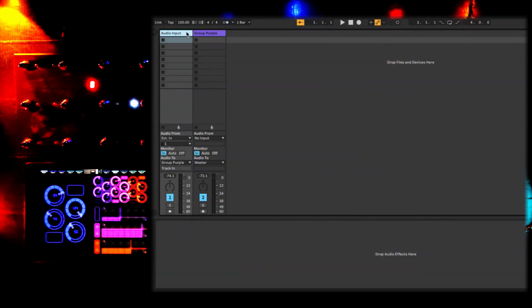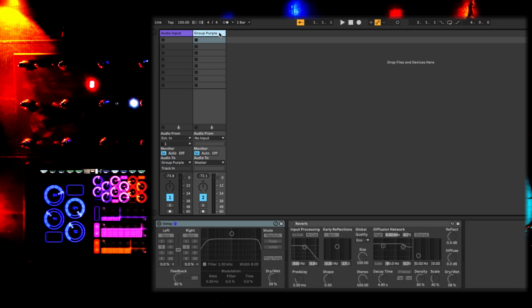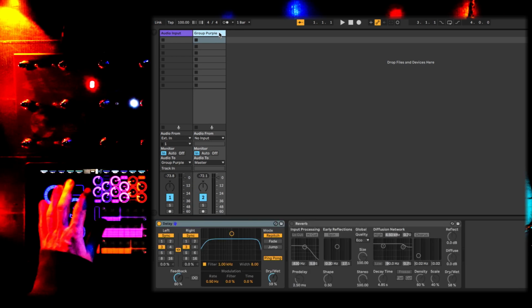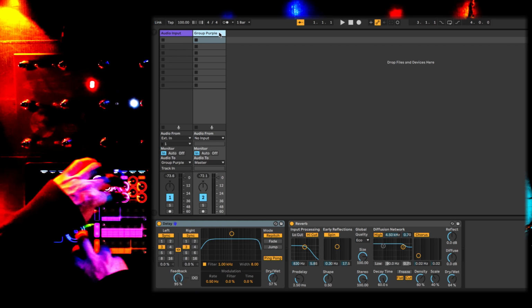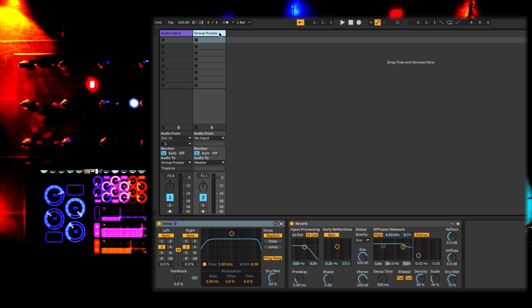Here we have a track labeled as our audio input with its output going to a group channel. Now the group channel is optional for a single input, but when you add more instruments or sound sources with multiple loopers for each source, group channels will let you apply effects to all of the tracks for that instrument. In this example, the color purple matches a group of controls in MIDI Designer on an iPad, which I've already mapped to Ableton's reverb and delay.